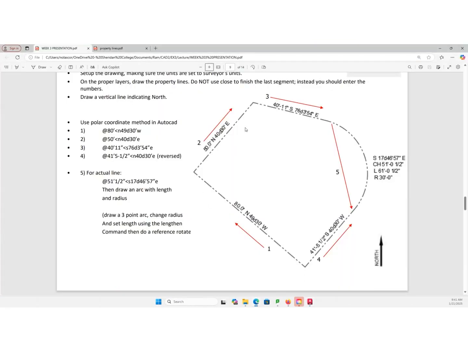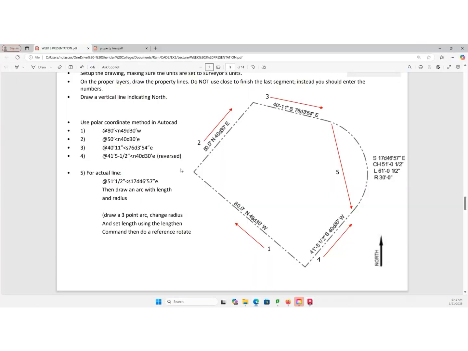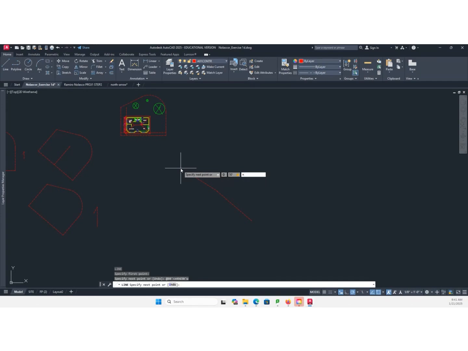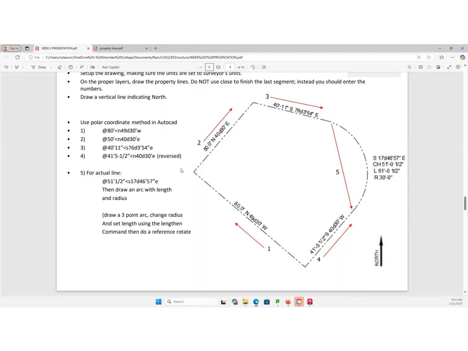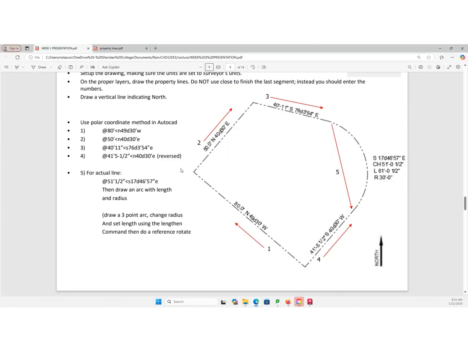Then you go to the second line, at 50 feet, less than symbol, north 40 degrees, 30 minutes, east.